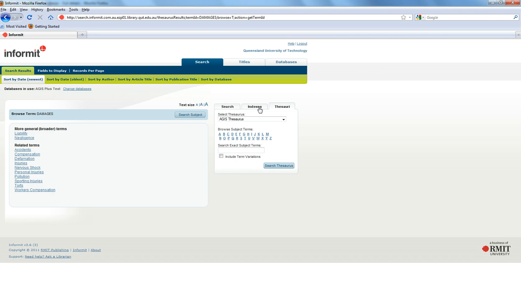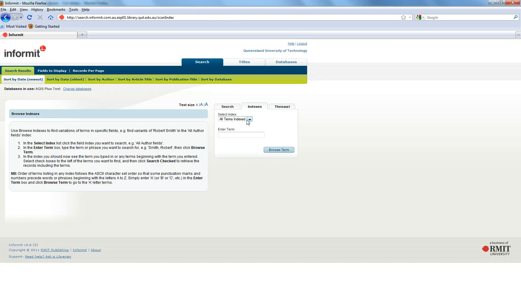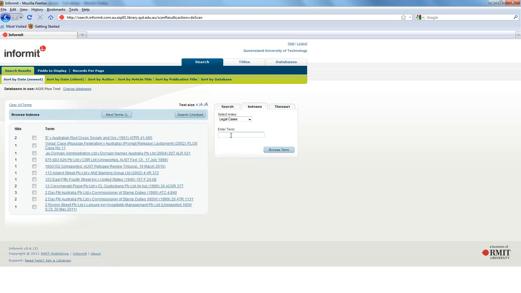Indexes are also useful, and I'd just like to point out two indexes that are available in AGIS Plus Text. One is to legislation and one is to cases, legal cases. Now these will list all of the legislation, all of the cases considered in journal articles on this database. And an example of this might be looking for the legal case, the torts case Grant and Australian Knitting Mills,